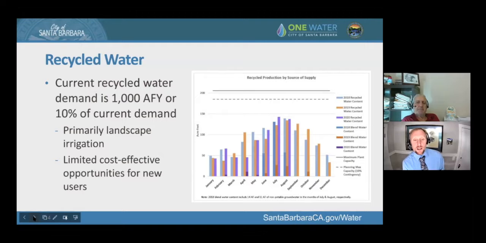So it's been a huge help in offsetting potable water, but expansion of the recycled water system is complicated. It costs about $1.5 million per mile to expand the recycled water system. And so it takes a lot of water demand to really make expansion of the current system pencil out. And I think the challenge, which I'm going to get to on the next slide,